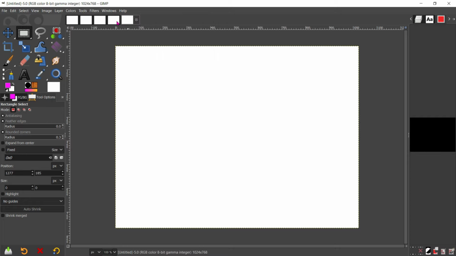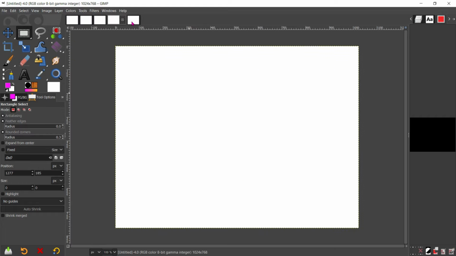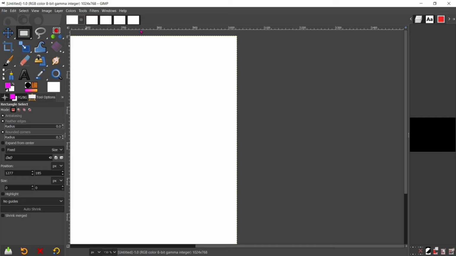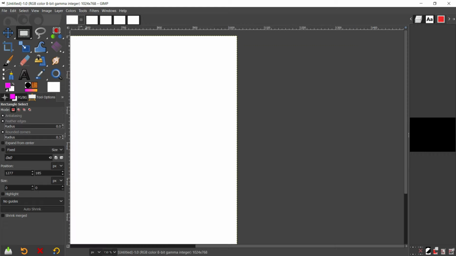So we can switch from one image to another image this way, or if you want, you can just close this. So here we can move from one image to a second image.